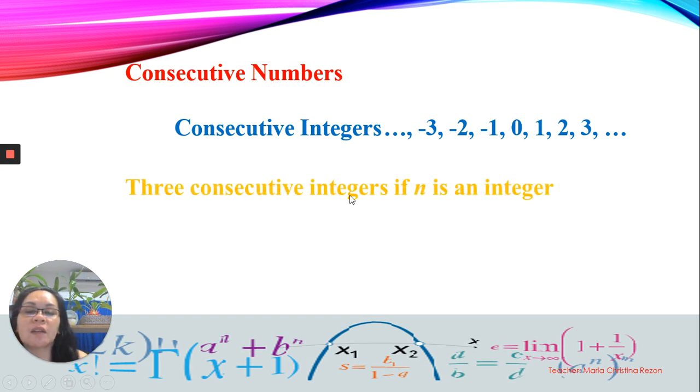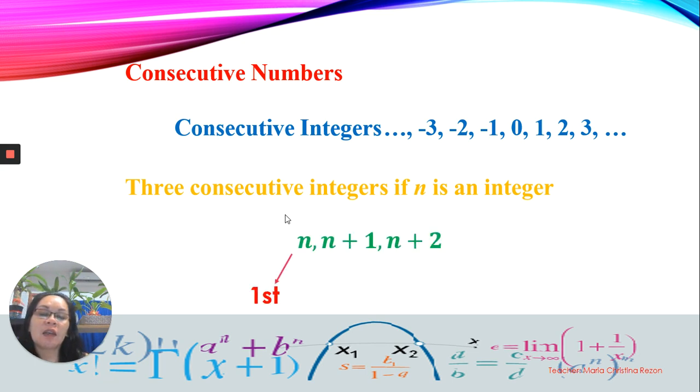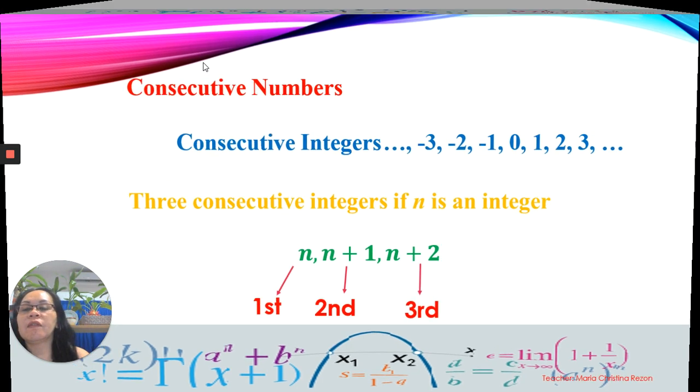So 3 consecutive integers if n is an integer. So our answer would be, the first number is n, the second number is n plus 1, and the third number is n plus 2. What if you have